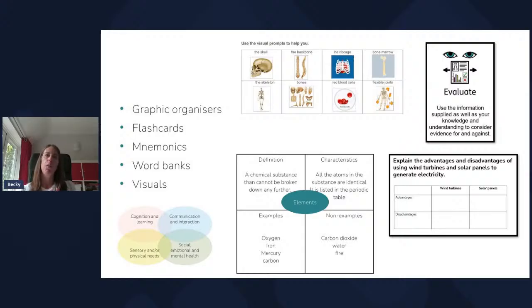So you can see at the bottom, the left-hand side, the elements, that is a Frayer model that just helps, again, that explicit vocabulary instruction unpick the vocabulary for the student. And you can imagine if they have that in their books or if it's up on display, that would be a really useful tool for them to go back to and help really embed and further process that information that they've been given. Those visuals there to support.